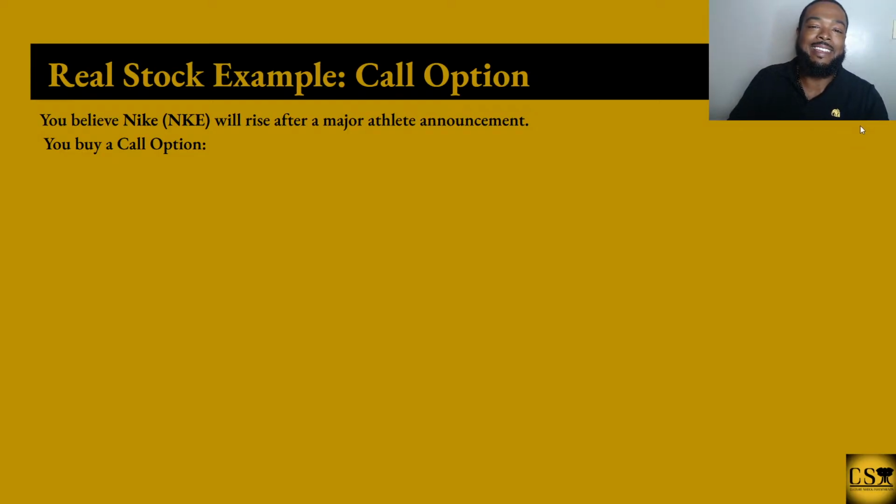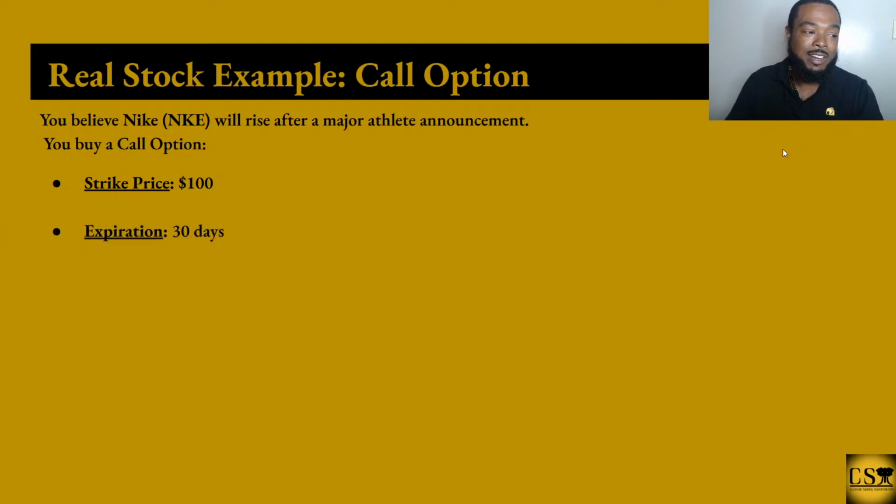A lot of people wear Nikes, right? I'm pretty sure you got some Nikes on right now if you got sneakers on. Let's say you get a strike price at $100. So remember what we said the strike price is, okay? The strike price is the price that you're locking in that you have the right to buy or sell this stock at, whether you're doing a call or put. Well, we're doing a call here. So you have the right to buy Nike at $100 because you're getting a $100 strike price.